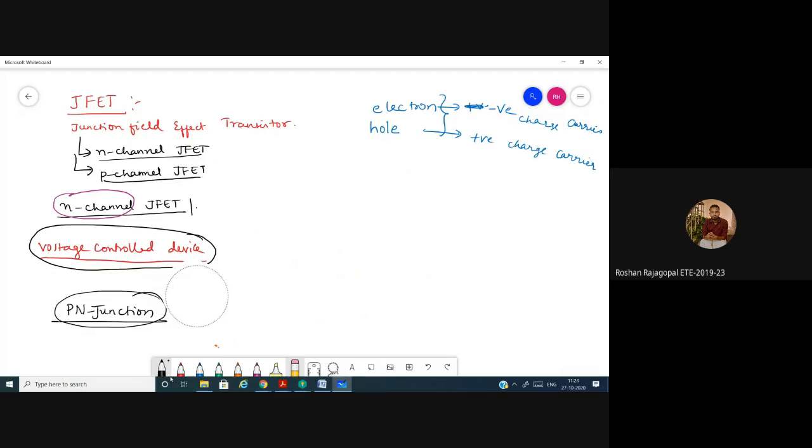So when the voltage is applied between the drain and the source terminals, first, construction. What type of material will you take? Sir, silicon N-type. No, I told you, in N channel I took an N-type slab. In P channel, for this I'm asking now. For P channel, you should take a P-type material slab. Yes, sir. Okay. After that, what should you do?